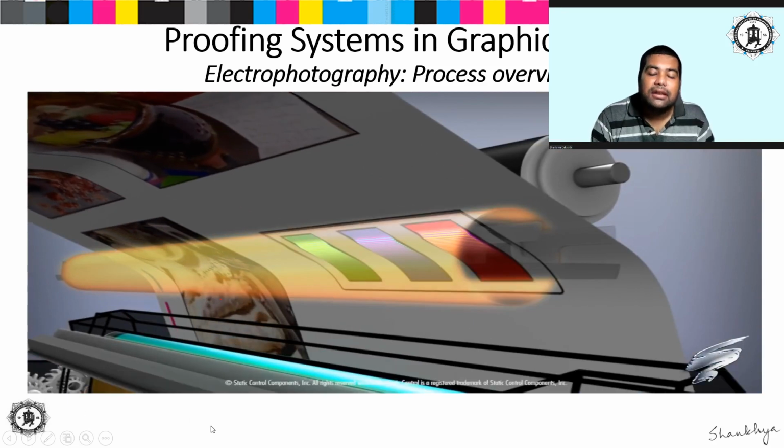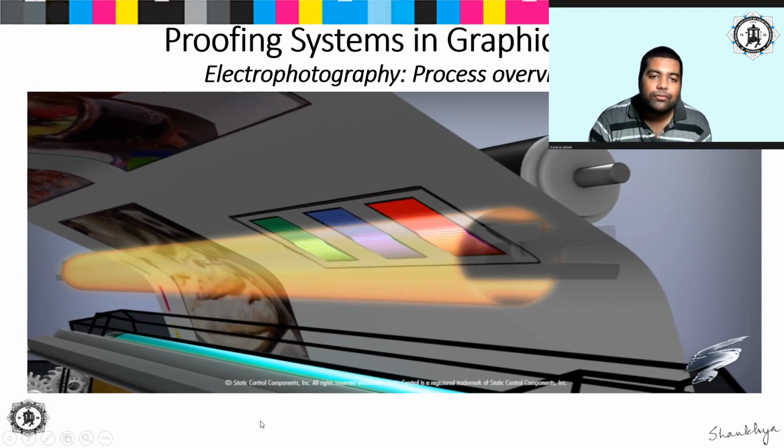Since this is a color electrophotographic printing machine, each of that was basically your magenta ink, so that will occur with all the other inks like yellow ink, cyan ink and black ink as well, right? So once the paper passes from the first printing unit, it will pass through the second printing unit, third and fourth respectively, and ultimately one by one the entire image will be formed on top of the paper.